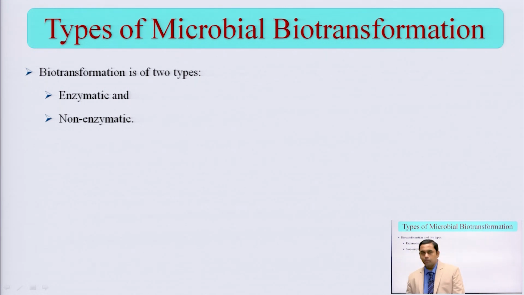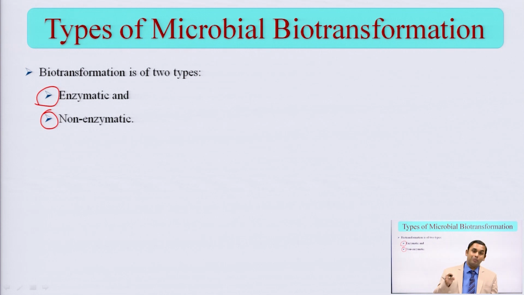I hope it is very much clear to you all. Here I have written two types, enzymatic and non-enzymatic, because at the beginning of my lecture I shared with you that we are using some bacteria, some fungi or enzymes. In some cases bacteria also produce some enzymes. Either you can use those enzymes, or you can synthesize some enzyme in your lab and then use those enzymes for biotransformation. Or otherwise, in non-enzymatic, we are not using enzymes, directly we are using some organisms.